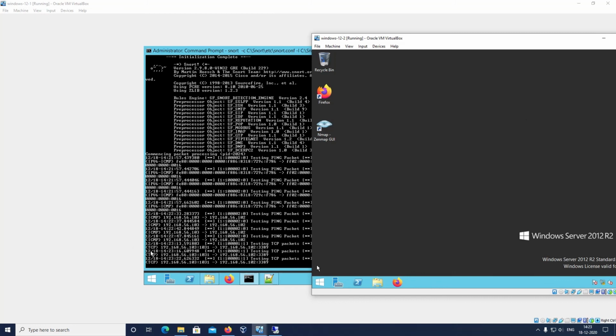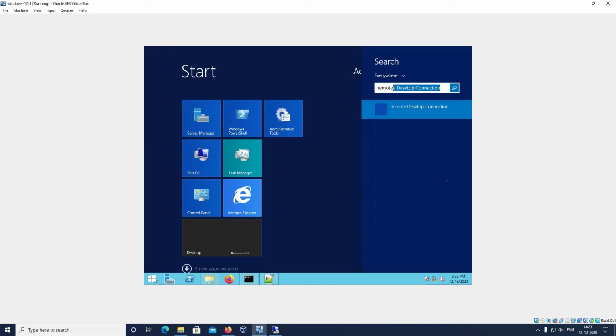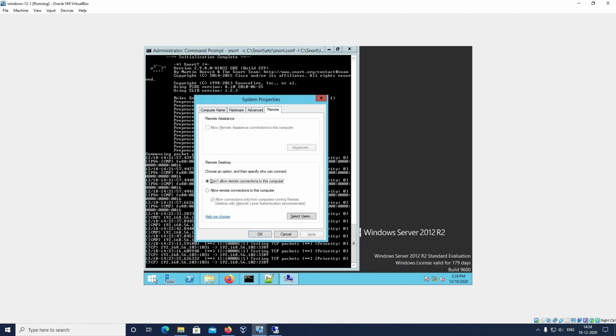So now we will allow the remote desktop in the server. So we will allow it. Okay.